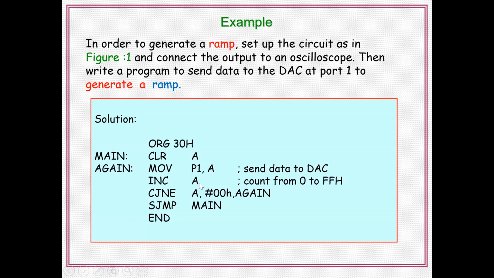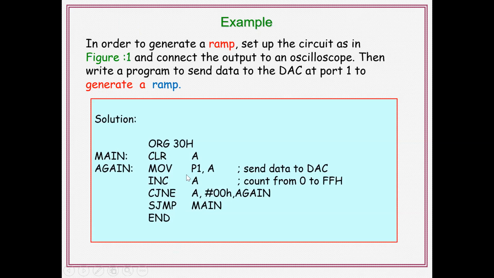Next one, increment A, so that 0 becomes 1. Then CJNE, compare and jump if not equal, the accumulator with maximum plus 1, which is FF plus 1, that is 00. So again up to the maximum FF it will be incremented. Then SJMP main. So continuously every time it increments and then is loaded into port 1. Like that 0 1 2 3 4 5 6 7 8 9 up to FF it will be posted. After that FF plus 1 is nothing but 00, it rolls over to 00. In that case the CJNE statement fails, so again SJMP main, and it starts again with 0.